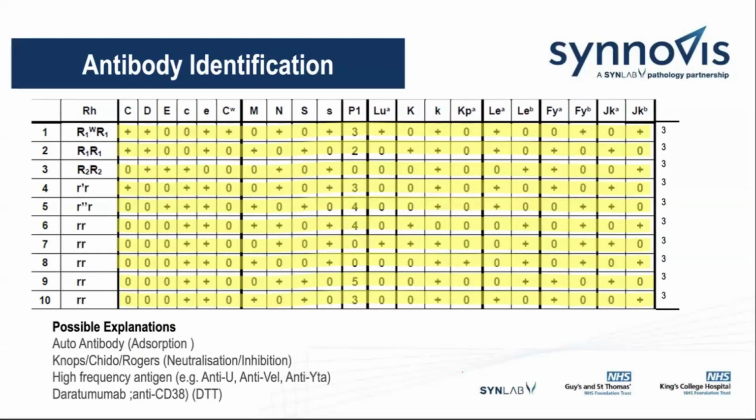So at NHSBT, our reference centre, they have rare cells that are negative for that. And finally, well, not finally, but another reason that's come about quite recently is daratumumab. This is patients that are on a monoclonal antibody treatment, and daratumumab is anti-CD38. What happens is it causes antibodies to bind to the red cells, and then that affects our technology. So this can be